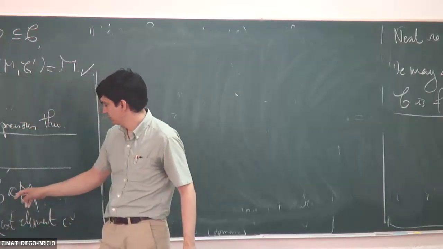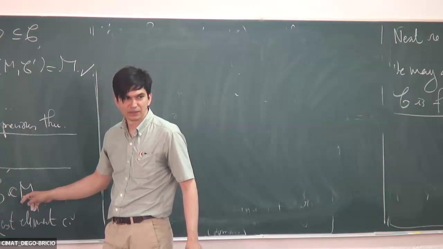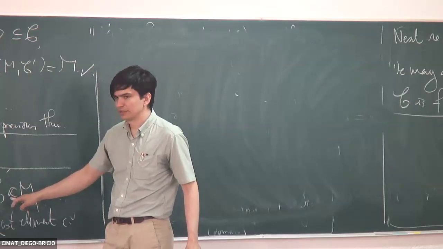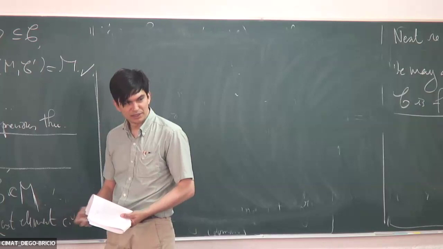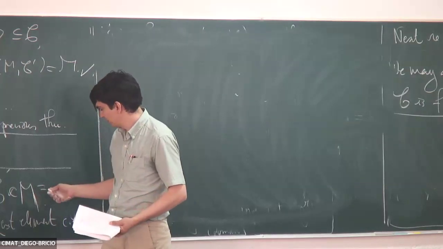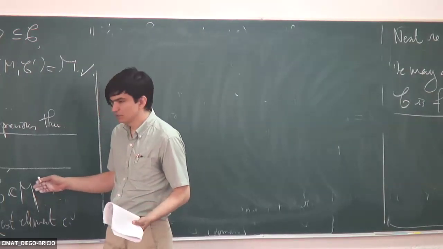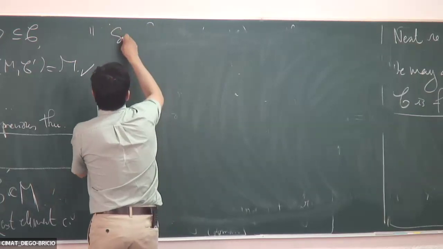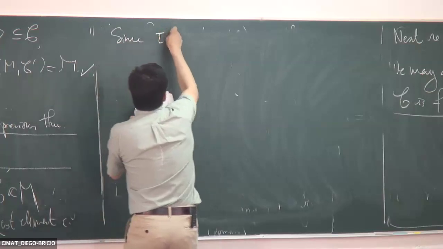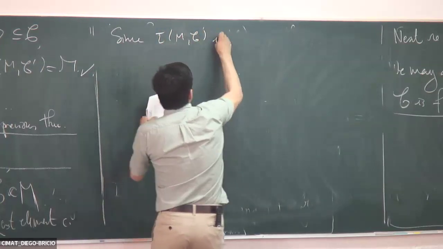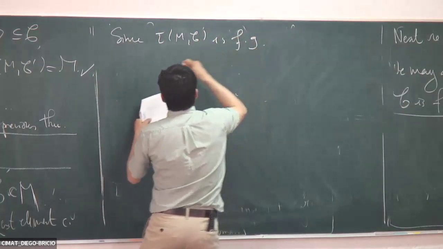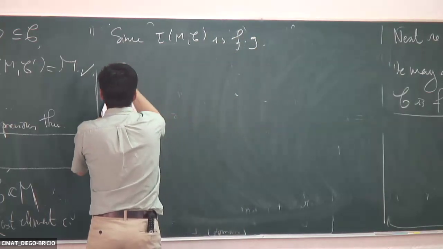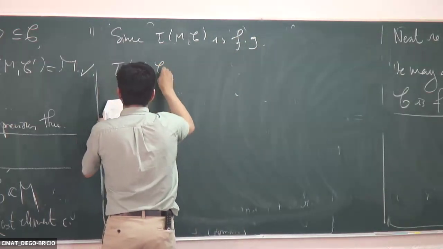And they would be hit by something in this sum, right? This sum is gigantic, right? But it's not going to be. It can be taken to be finite, right? So that's the point. So since tau of M comma C is finitely generated,